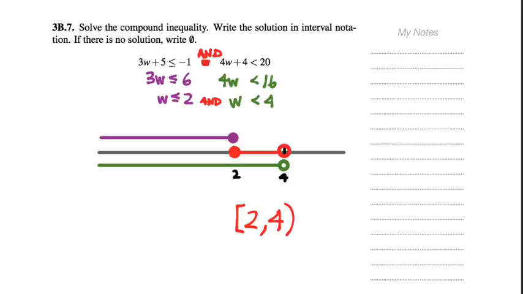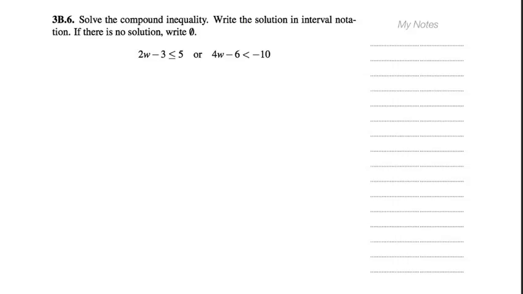Let's go to 3b6. So again, same type of deal on 3b6. We have two inequalities, and we want to find what their solution set is expressed in interval notation. So we'll solve each one of these inequalities separately,